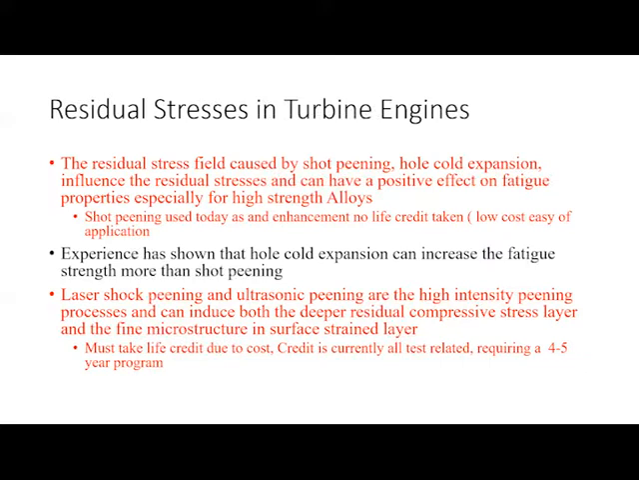So the bottom line is in today's turbine engine, shot peening, we use as a durability enhancement. When we go after the higher peening enhancements like LSP, it does work. It has worked. We can take the life credit, but it's very expensive to implement, and the production cost. Now, the good news is the production cost is coming down greatly because of people like LSP